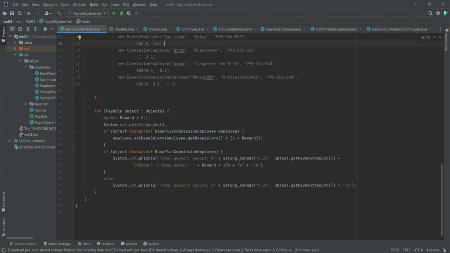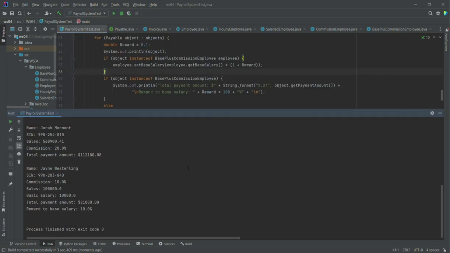And just in case there's an instance of this class among the Payable objects, then we have setBaseSalary as getBaseSalary times 1 plus 0.1, which is 10% extra. And we have if-else statements, not just if but also else, for printing the total payment amounts and optionally the reward. So to test this, the moment of truth,